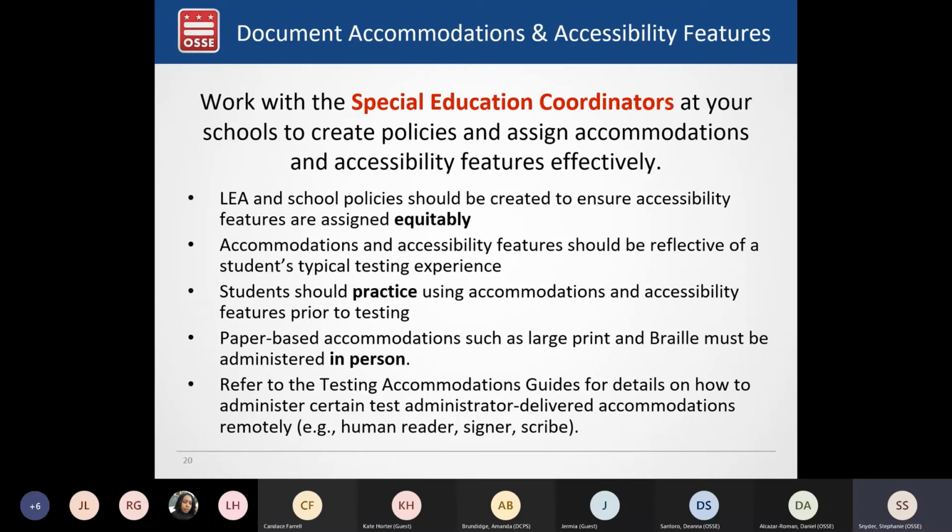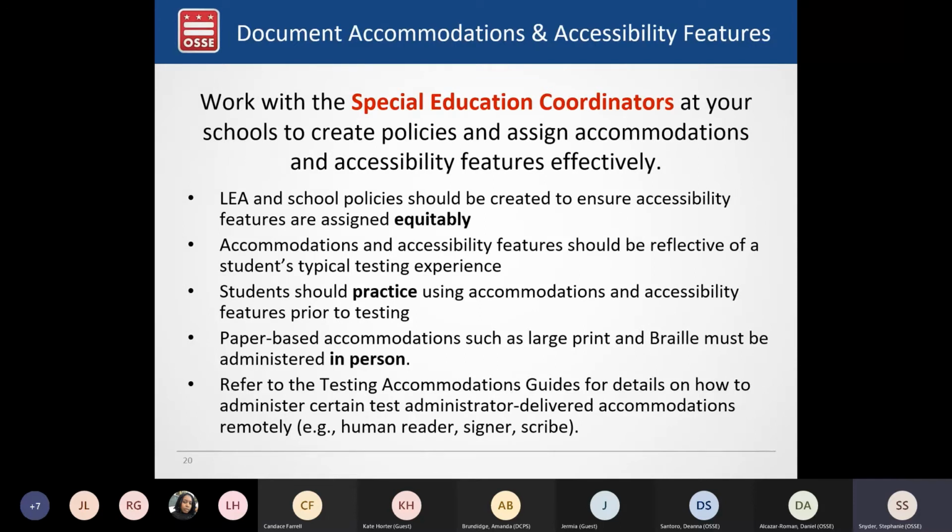In terms of determining who's eligible for both accommodations and those accessibility features identified in advance, school test coordinators and LEA coordinators will work with the special education coordinators at your schools to create those policies, making sure that accommodations and accessibility features are being assigned equitably and effectively.